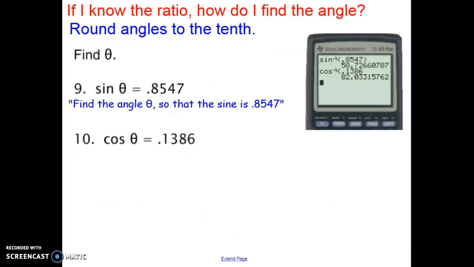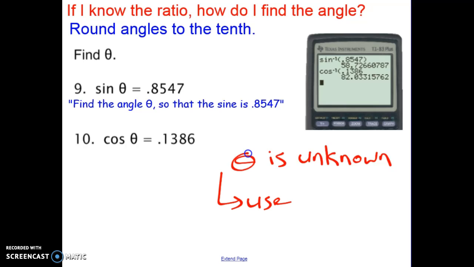Now, what if we don't know the angle that we're actually trying to input? Rather, they tell us the ratio or the decimal answer that we should have as a final answer. So in this case, we have theta is unknown. We have no idea what the angle they're even talking about is. So if theta is unknown,